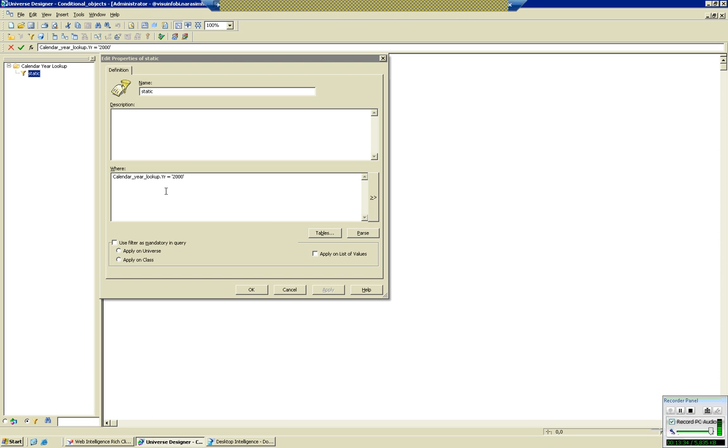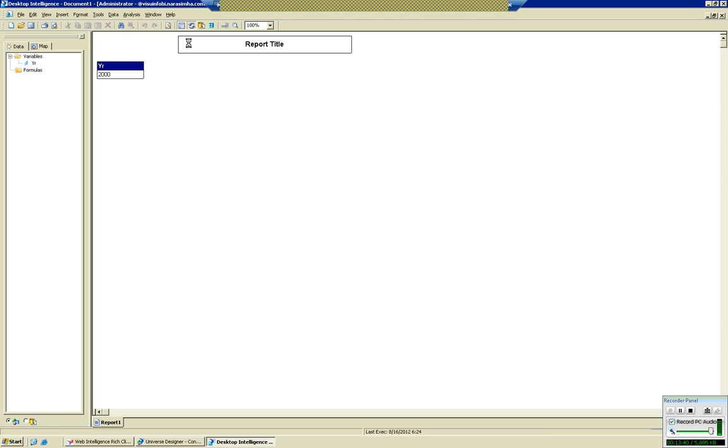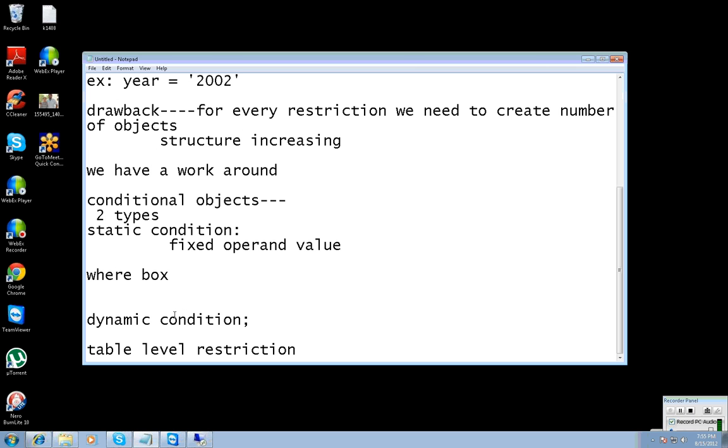But Vruddhi is the end user. She is expecting, I want to give my required value at report refresh time. If I am refreshing, it is fixed. I want to give some other value, 2001. I want to see the 99 value. Then that is dynamic. That is the dynamic condition. The dynamic condition advantage, the end